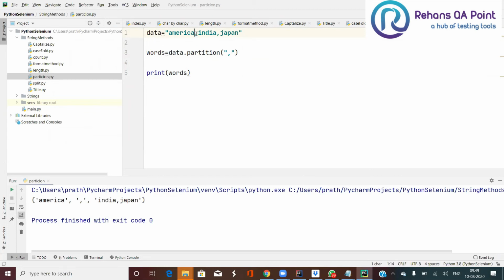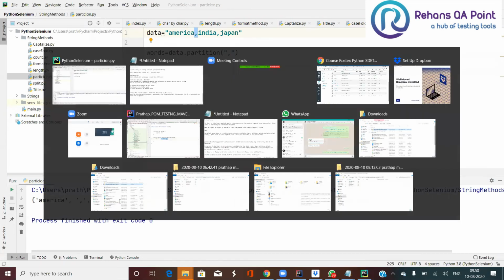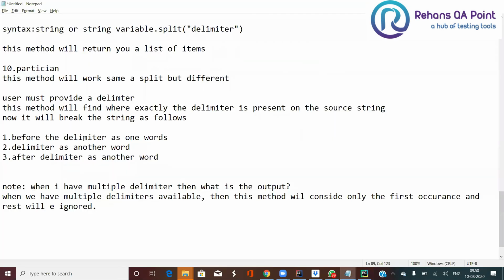Then it broke down the string: the part before the comma as one word, the delimiter, comma, as another word, and whatever is after the comma as another word. Though we have another delimiter available, it will ignore it. So that is what I am trying to tell here: before delimiter as one word, delimiter as another word, after delimiter as another word. When I have multiple delimiters, no matter, it won't consider them, it will ignore them.